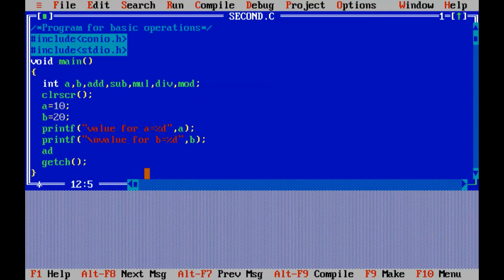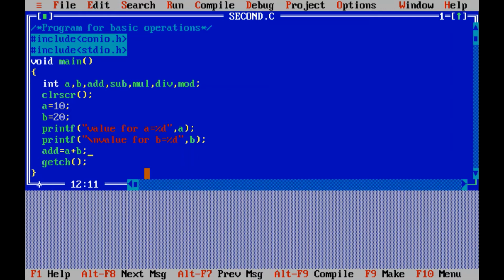So I'll write add equals to, and I'm going to add the two numbers, 10 and 20, which are present in variables a and b. So I'll use variable a, the addition operator plus, and b, and in the last I have to use a semicolon, the statement terminator.